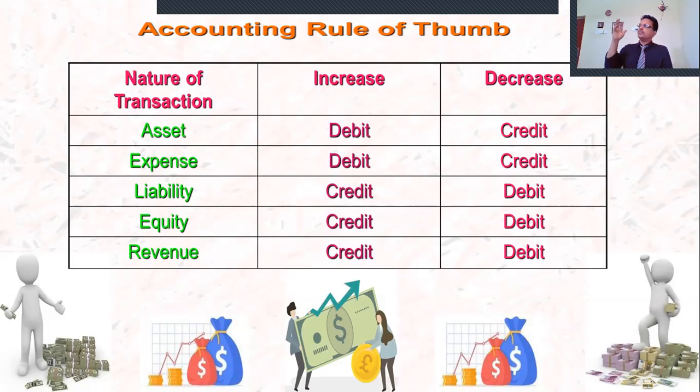But we are focusing on the rules. What are the rules? Personal account, debit the receiver and credit the giver. Real account, debit what comes in, credit what goes out. And nominal account, debit all expenses and losses and credit all incomes and gains. I tell you these rules once again because these rules are very important in the application of solving